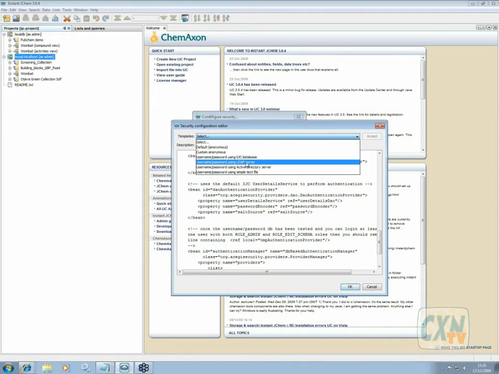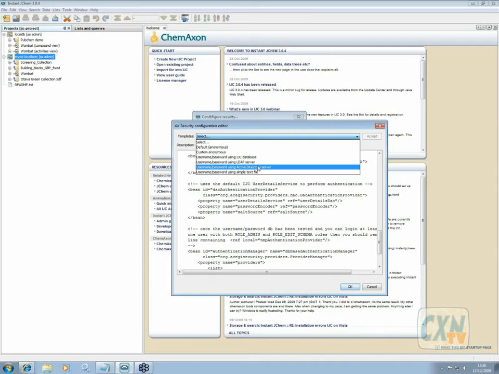They use an LDAP server for your usernames and passwords. So this would be an LDAP server that's running on your network somewhere, and whenever InstantJChem needs to authenticate a user, it will call out to the LDAP server and verify the username and password in the LDAP server, and you can also retrieve roles and map those to the InstantJChem roles as well. This one connects to a standard LDAP server. This one is configured for a Microsoft Active Directory server that is very similar, but it's Microsoft's slightly bizarre way